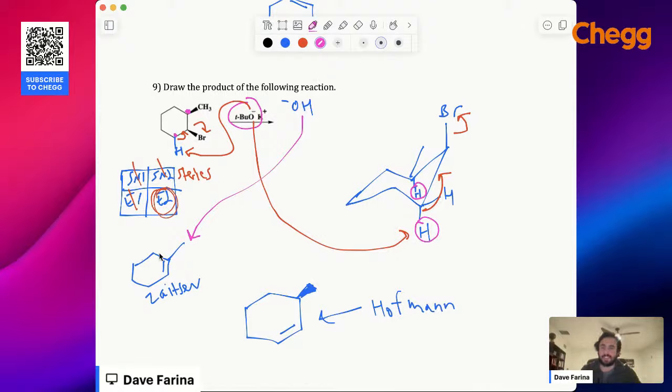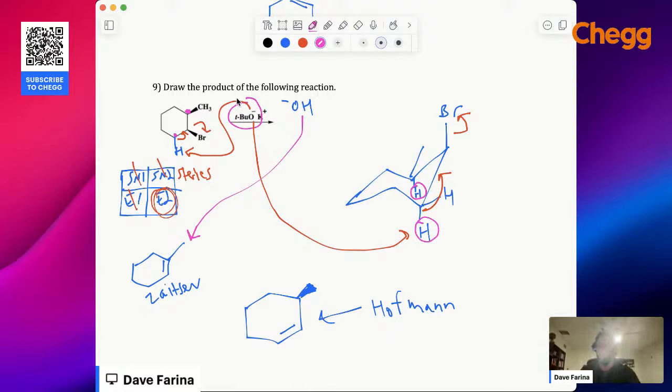This product sits lower on an energy diagram than this product. The Zaitsev product is the thermodynamically favored product because it sits the lowest on an energy diagram, because it's the most highly substituted alkene. This alkene is tri-substituted, right? Carbon, carbon, carbon. This one is only di-substituted, the 2 carbon directions in the ring. So this sits higher on an energy diagram, but this will be the Hofmann product is preferred because this is